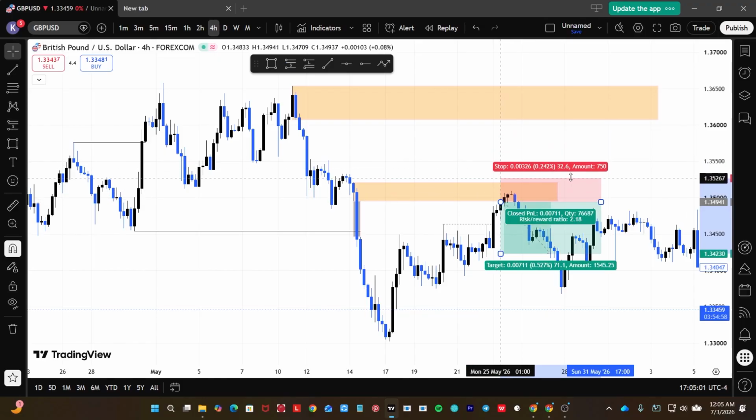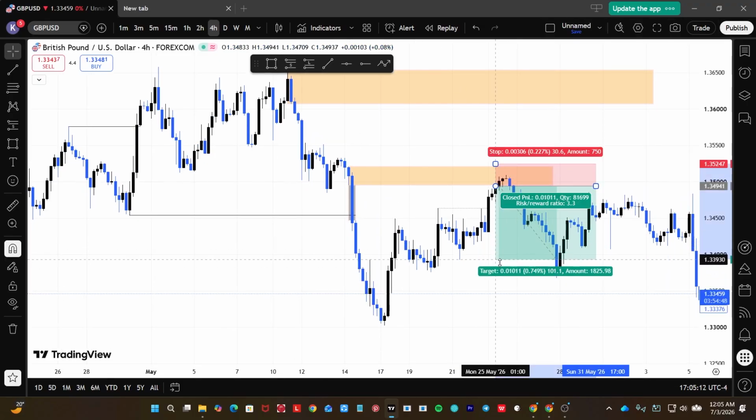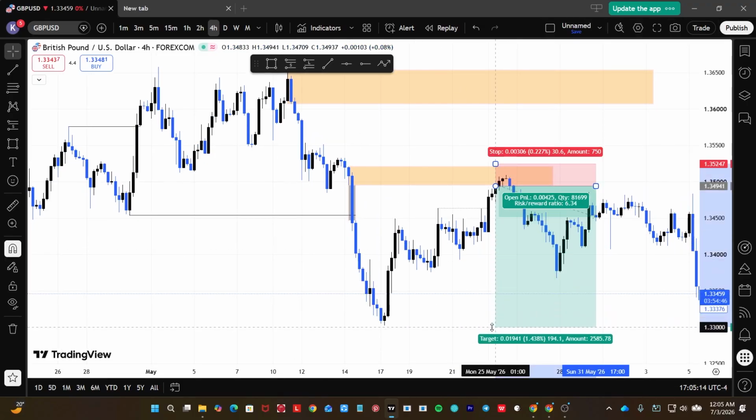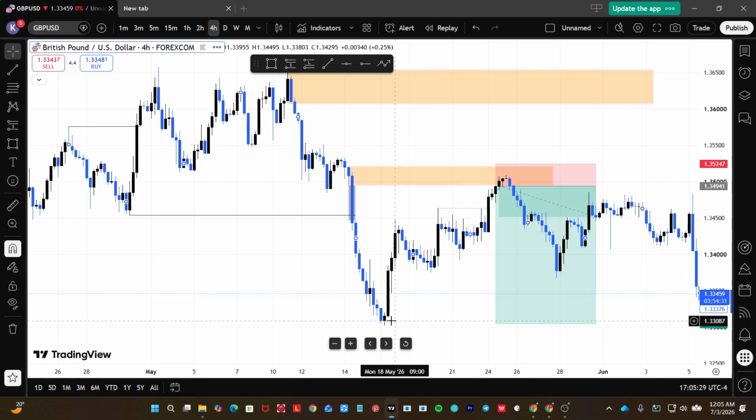We had to make sure we take our trade exactly at the supply, and as we know our expected order flow, we just take the trade up to there. When you see how this trade is moving, we just make sure to hold,